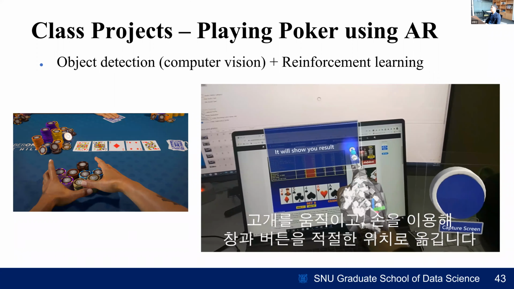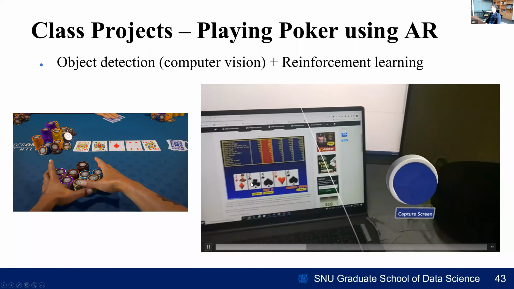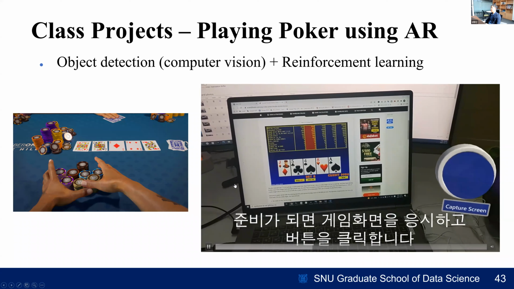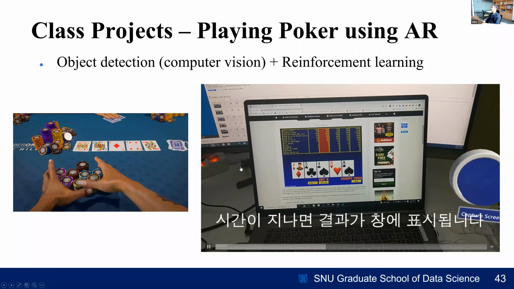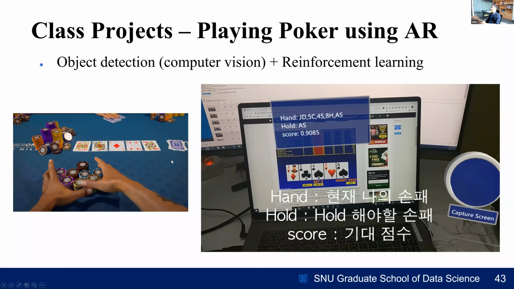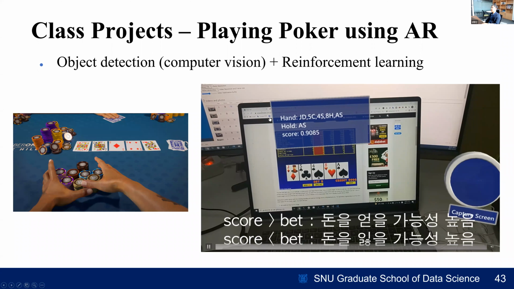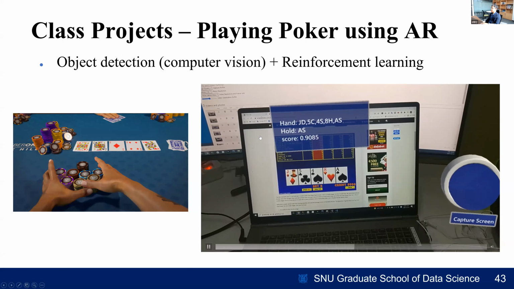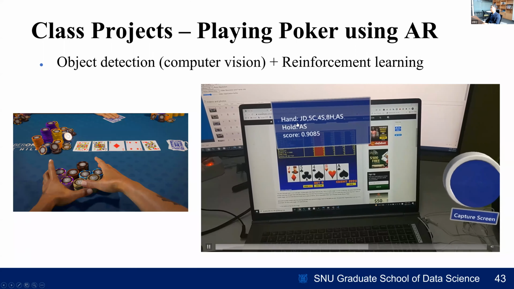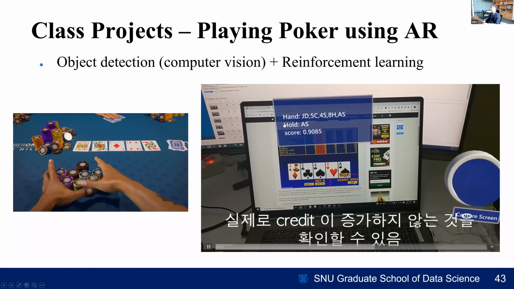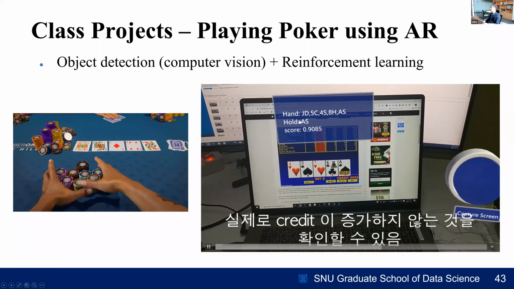By using an object detection model, the HoloLens captures this image and sees what type of cards are on the screen. You can see all these card types, right? And by using reinforcement learning, the program guides the user on what kind of card he should hold.